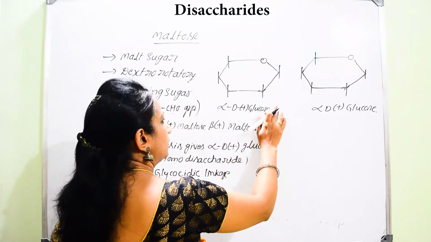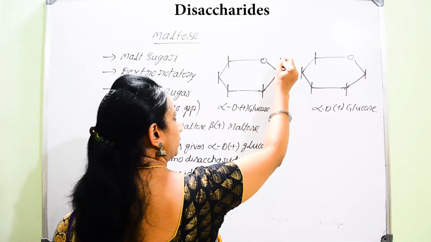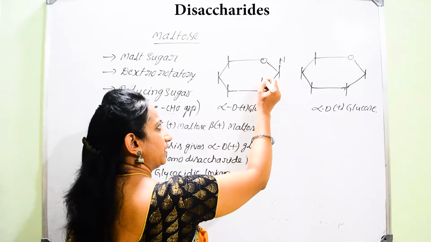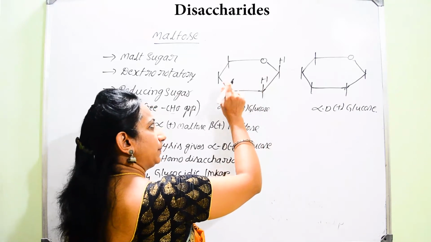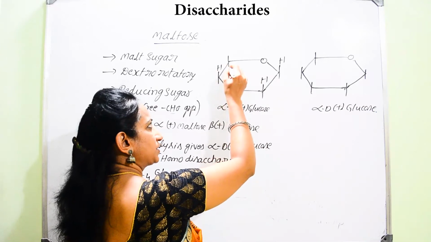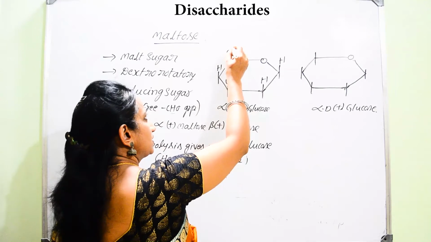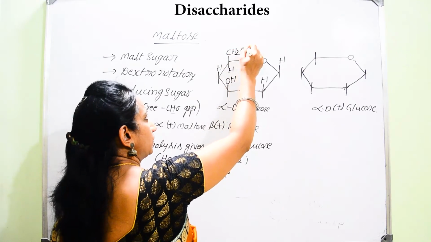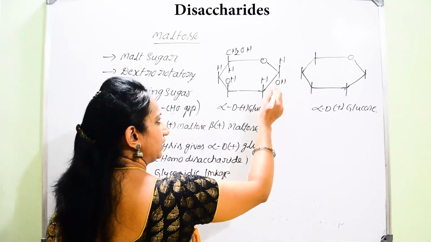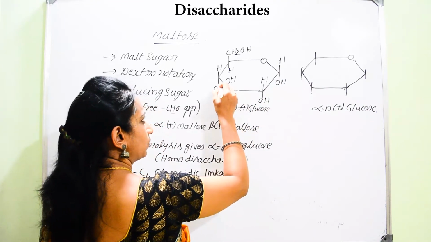I can start with the same code you remember: H, H, OH, H, H, with H H above the plane of the ring, and the last H should be written below because it contains the terminal CH2OH group. Now opposite to H, OH, of course it will be involved in the glycosidic linkage. So it is OH, it is H, it is OH.